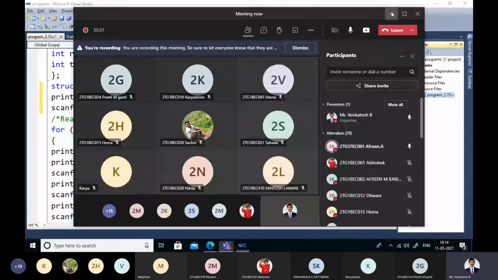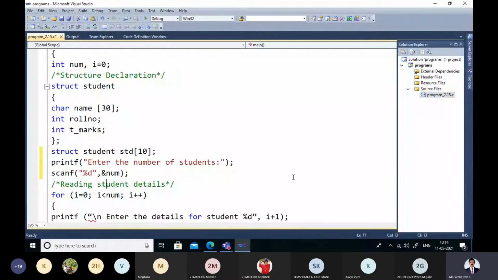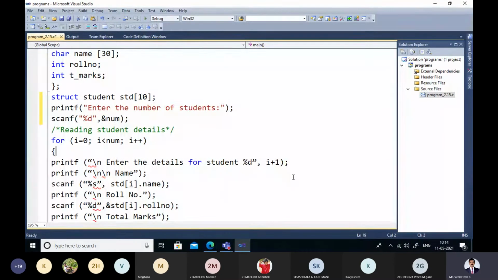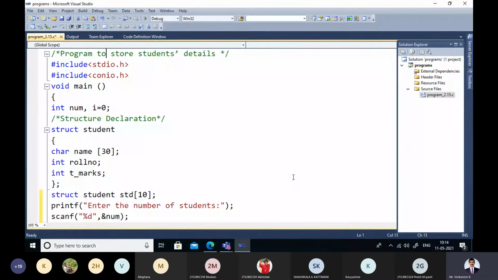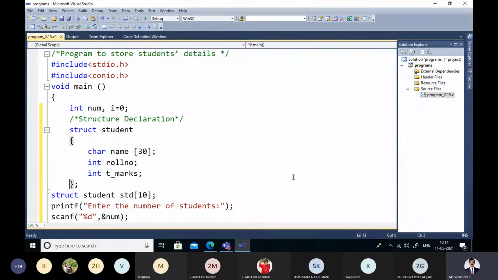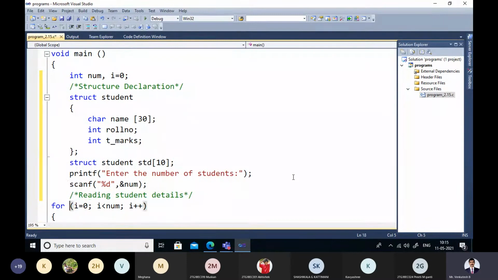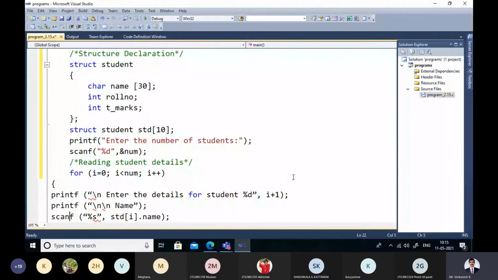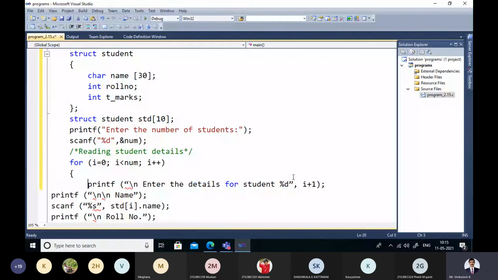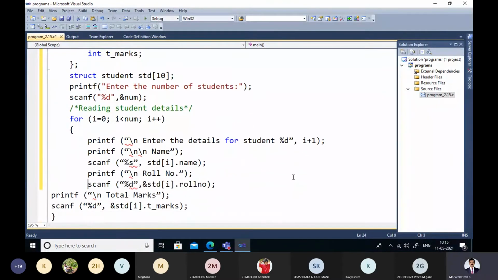Right? So enter the number of students and that will be stored in a variable called number for every iteration of the for loop. And usual practice is, I'll tell you anyhow, we have time now. Whenever you are typing the program, follow the indentation like this. It is a better way to write the program. It will be easy to understand the flow of program and remove the errors. Now the content of for loop you have to take a little bit inside. Follow this indentation whenever you practice programming.